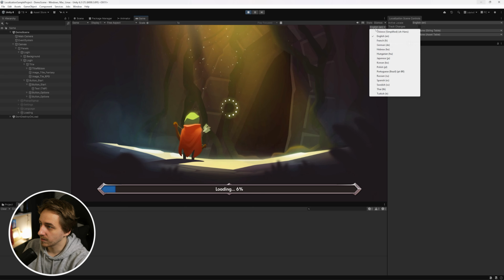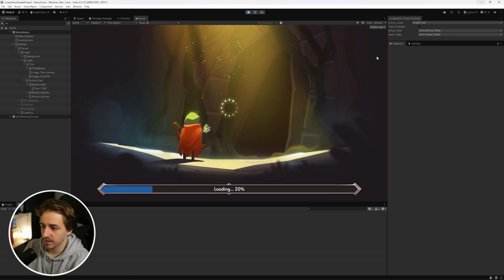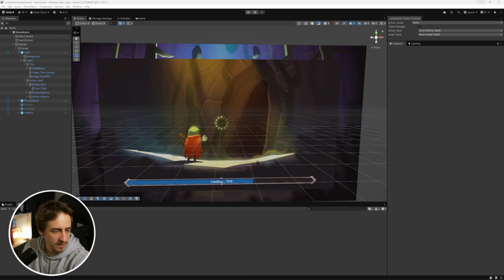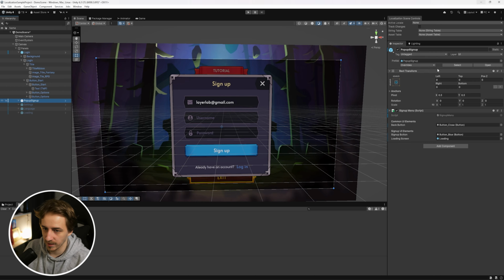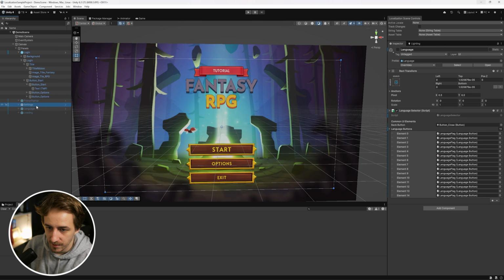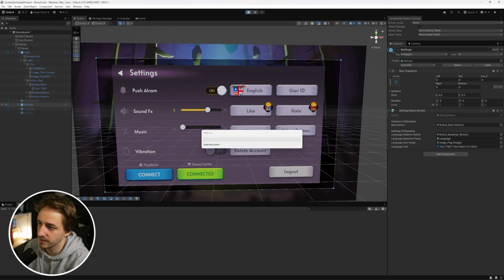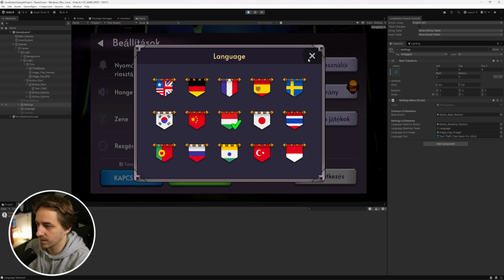So yeah, right now it's loading, and whenever I change, oh yeah, it's actually changing. So when it reaches 20, it's setting to English, and it does change. Okay, I'm just going to disable this because that was the localization for the smart strings. And in here, if I press start and change the locale options, I'm setting it to Hungarian, and right